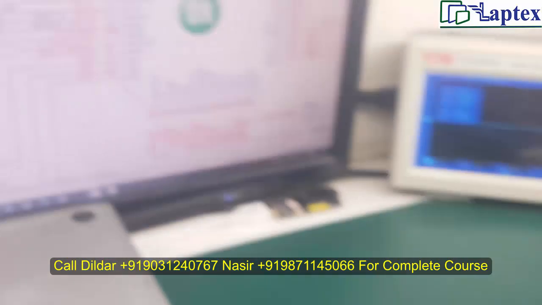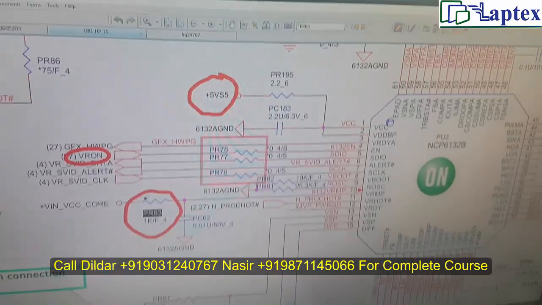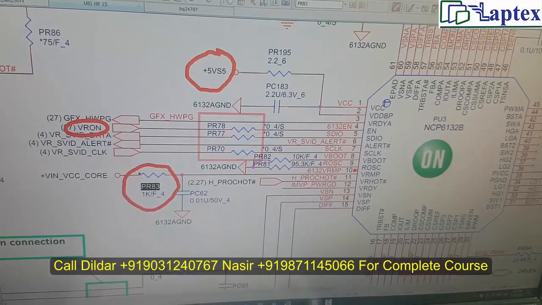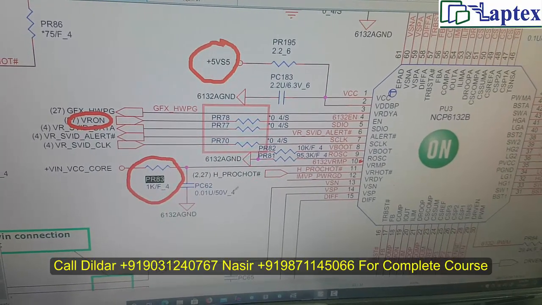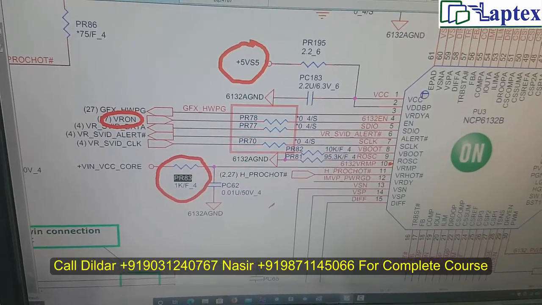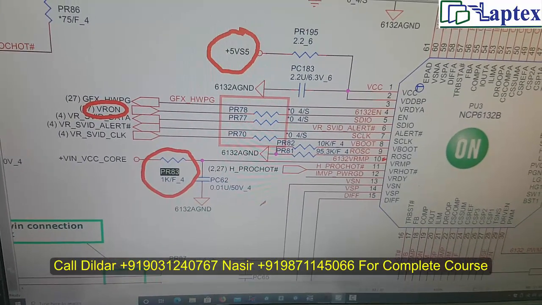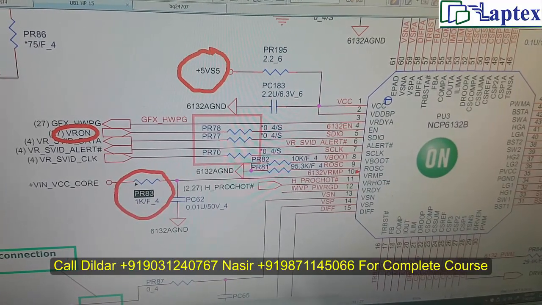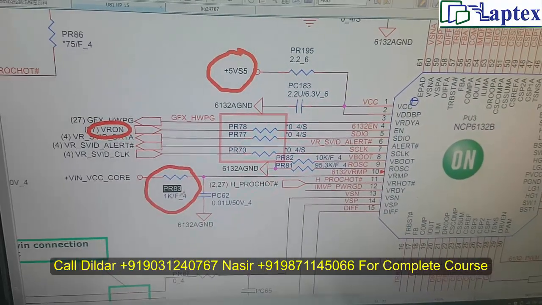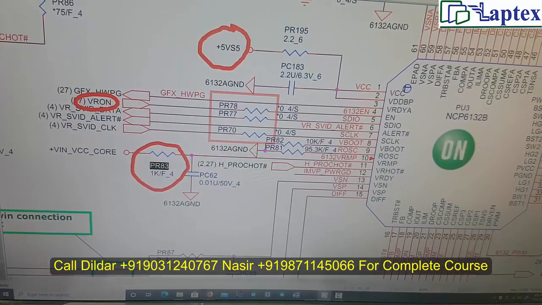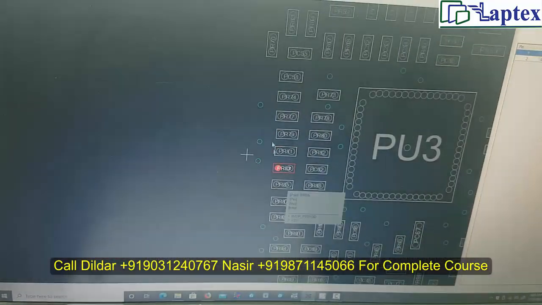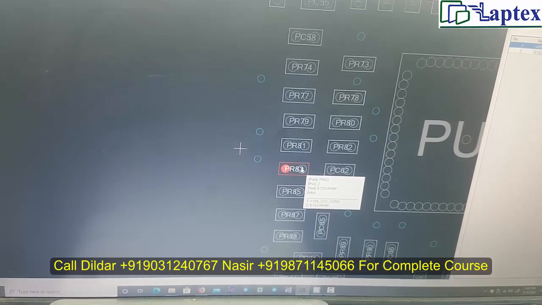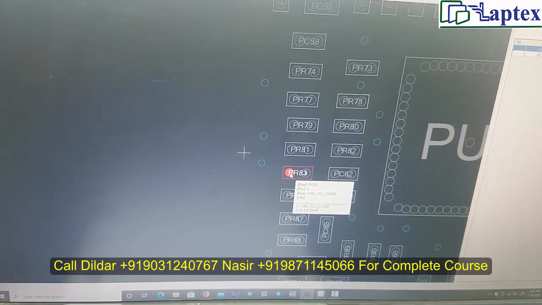It took me around 10 minutes to find out the actual condition, because the voltage I was giving was absolutely right, but reaching the root cause of the problem was hard, that is, why it is getting off, because some voltage is not proper, or one voltage is not reaching the target point. Now it is the 1 kilo ohm resistor, and you can check it, it is PR83, and the location of PR83 is this one. Now you can say this side is the VI and VCC core.